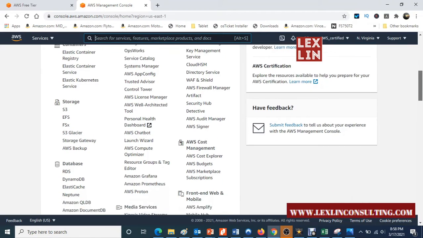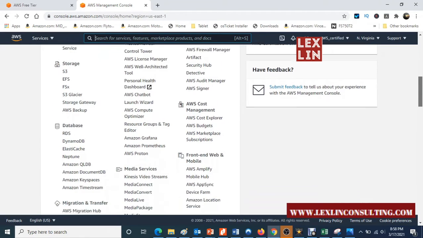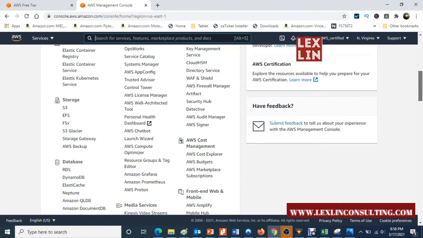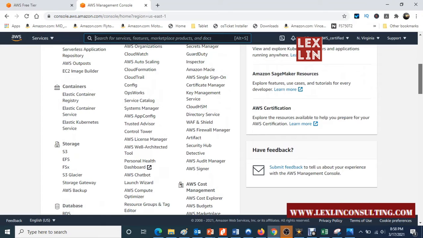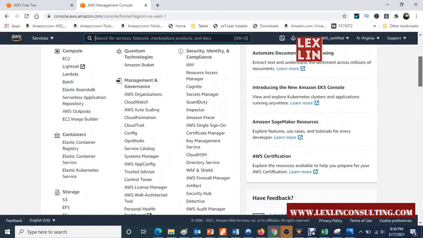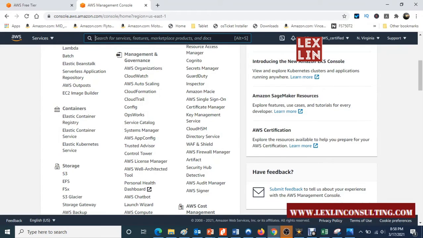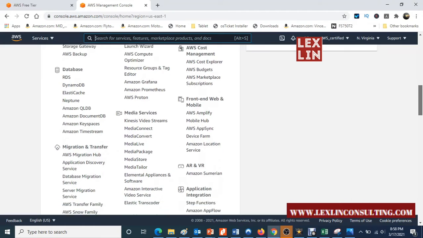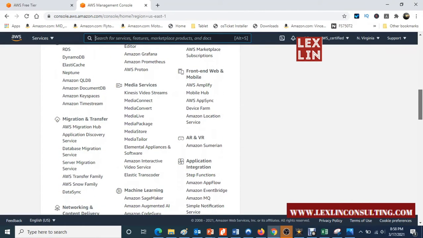The other areas of interest that will be useful to you are OpsWorks, CloudTrail, GuardDuty, and WAF if you're trying to have a firewall that you can control settings on as far as DDoS attacks.